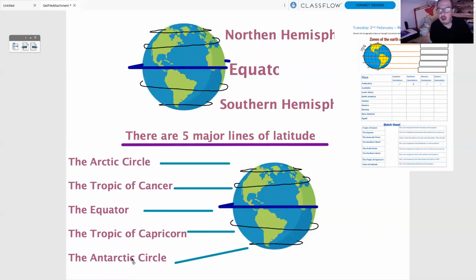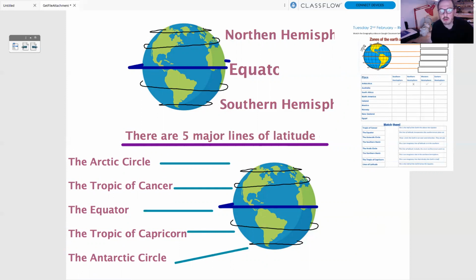There are 5 major lines of latitude in the world. Now, the equator, obviously, is a big one. It's in the center, it's halfway along. The equator is one of the major lines of latitude, okay? But we also have 4 others. And from top to bottom, it goes: